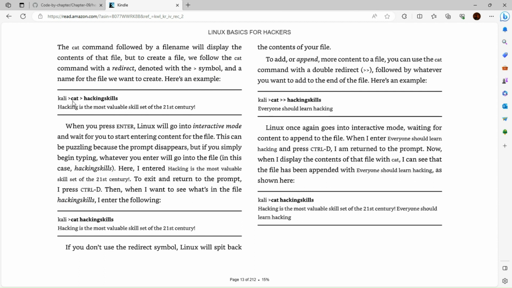Here's an example. So if you want to create one, you put cat, you throw that greater than arrow, hacking skills. Hacking is the most valuable skill in the 21st century. Put that in there. When you press enter,